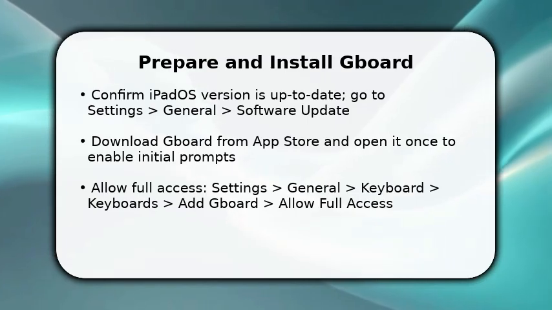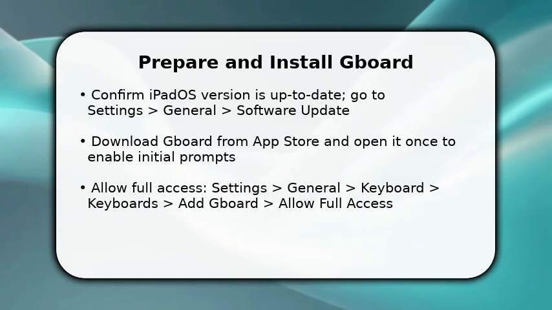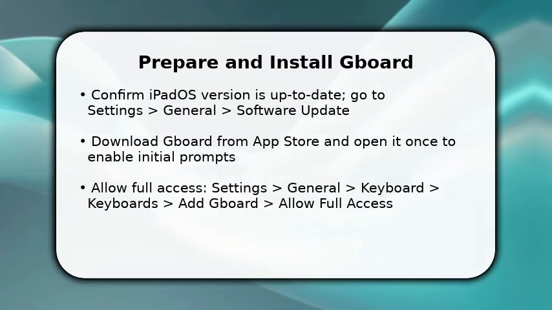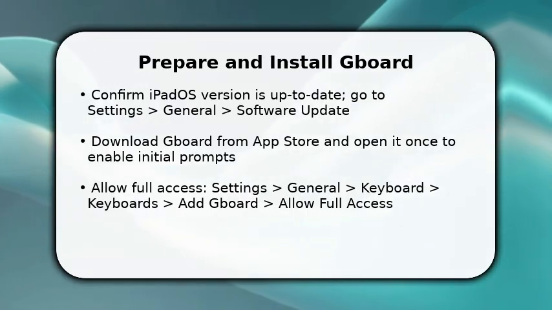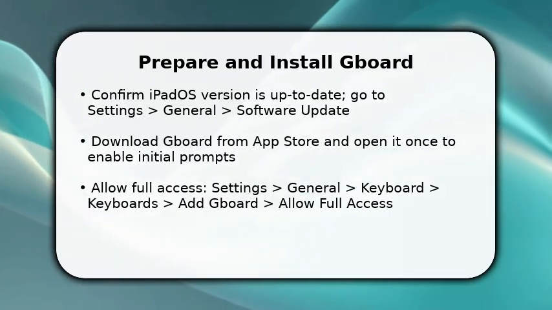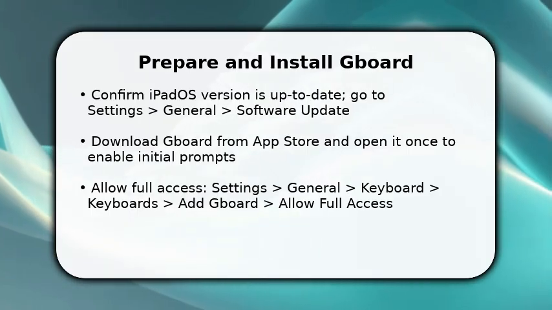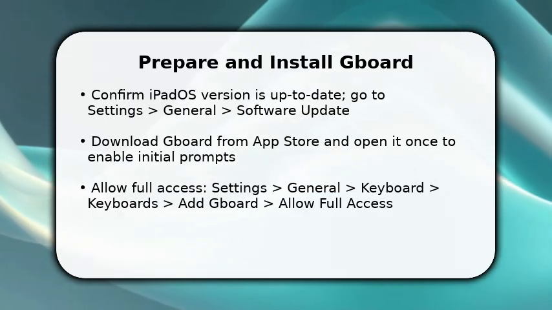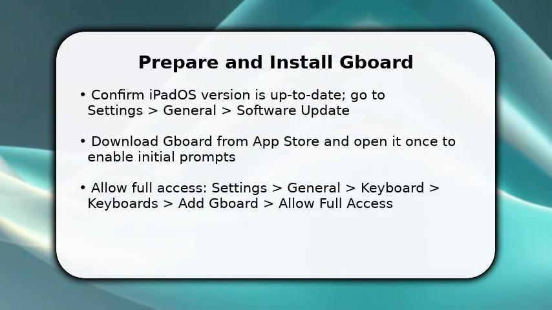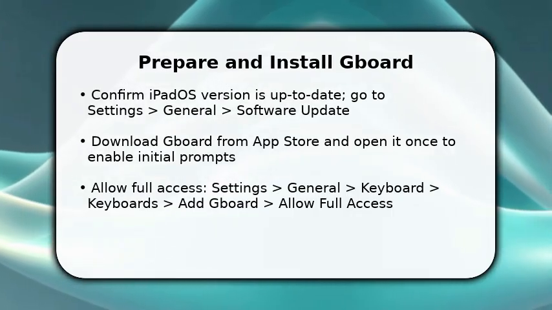Enjoy the video. You start by preparing the iPad. Make sure iPadOS is current so Gboard runs smoothly. Once updated, download Gboard from the App Store and launch it to accept basic permissions. Next, open Settings and add Gboard as a keyboard. Make sure to toggle Allow Full Access so features like GIF and Google search work. These steps unlock Gboard's core functions quickly, and they prevent permission errors later, so don't skip the full access setting